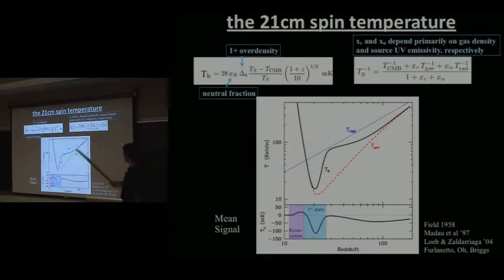However, around redshift 40, the universe is no longer dense enough for these collisions to be effective, and the spin temperature converges to the CMB temperature. And it would stay at the CMB temperature for all time, unless you had something else that could pump the line. However, there is something else that can pump the 21 centimeter line, which is UV radiation